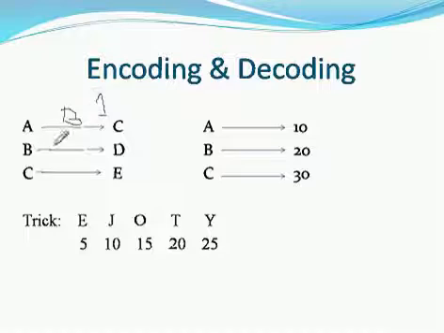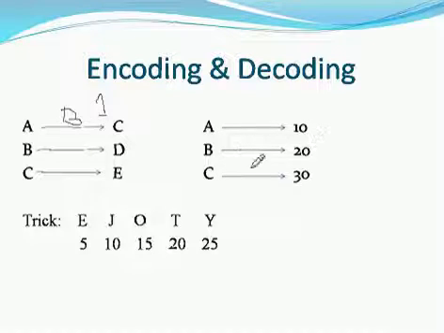Similarly for B, there will be a C in between and then D. Then for C, D is between and E. So we are adding one letter to the original letter and getting our encoded message. If we want to decode this for any further question, we can easily minus 1 and get the decoded answer. Another type is A can be encoded as 10,